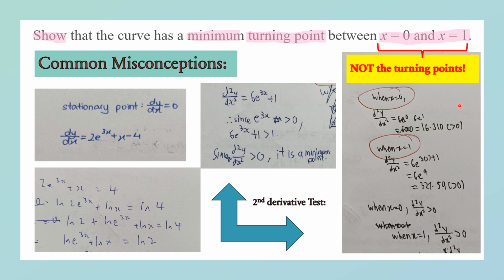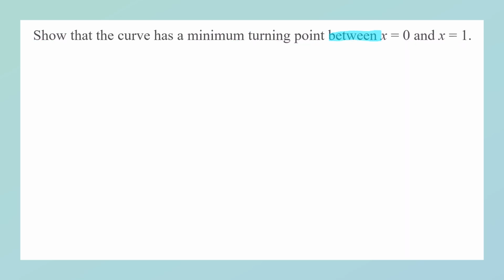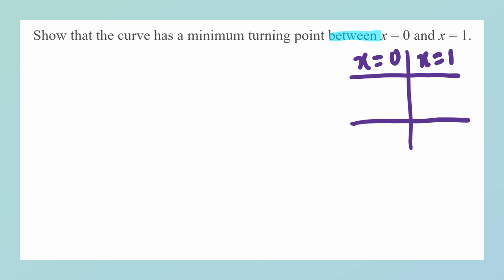So the keyword that many students missed out is this keyword: between. This is the main keyword that you need to pay attention to. With this understanding, if we try to put everything together, there is a turning point between x equals 0 and x equals 1. So a more appropriate or suitable method to justify that there is a minimum point is by using a